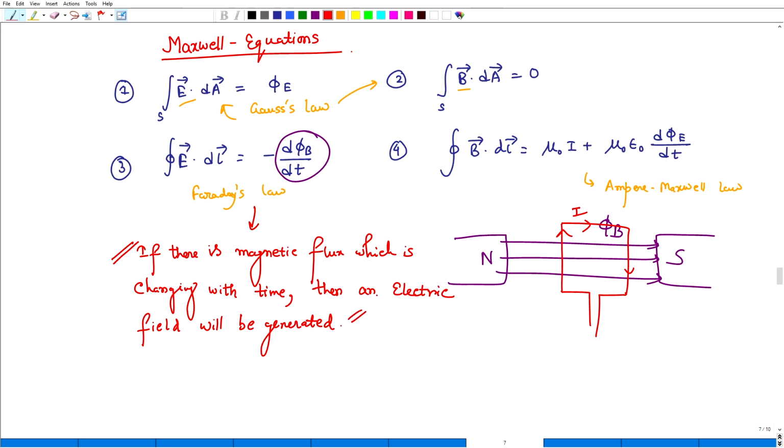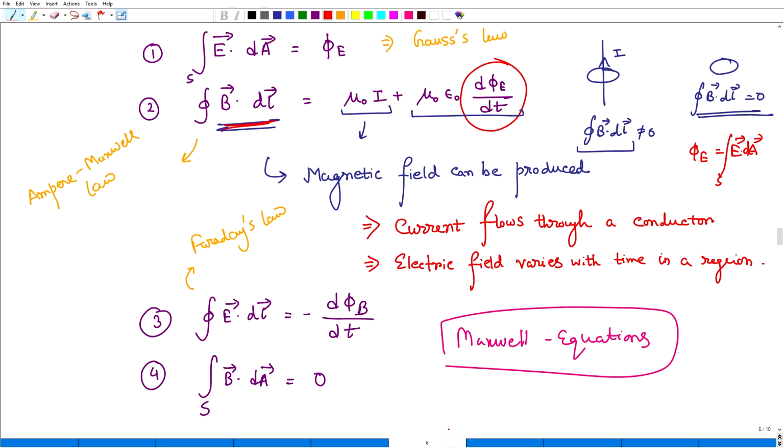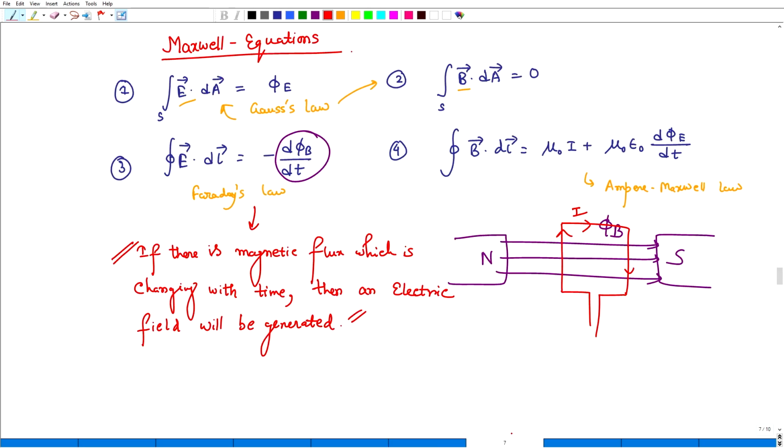And the fourth one, the Ampere-Maxwell law. As we discussed before, the impact of these two laws is that a magnetic field can be produced if current flows through a conductor or an electric field varies with time in a region. Okay, so what is the main output of these four Maxwell's laws? If there is a magnetic field which is changing with respect to time, that can create an electric field. If there is an electric field which is also changing with respect to time, that can create a magnetic field. Okay, so if we write that